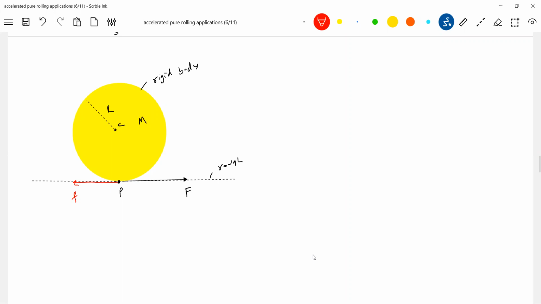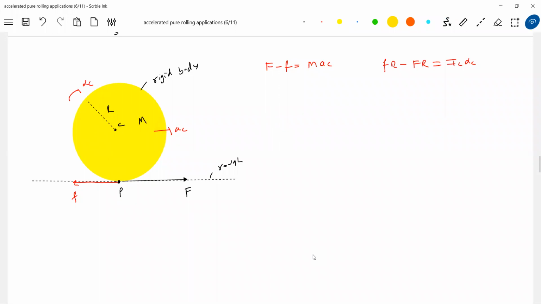Then what I notice is F minus small f equals M a_C, you write it, where a_C is the acceleration of the center of mass. Then what is the torque? F into R minus f into R equals I_C alpha. Do you agree with this? Torque due to friction, this is R, this is f, clockwise. Torque due to applied force, anti-clockwise. So net torque will be clockwise.